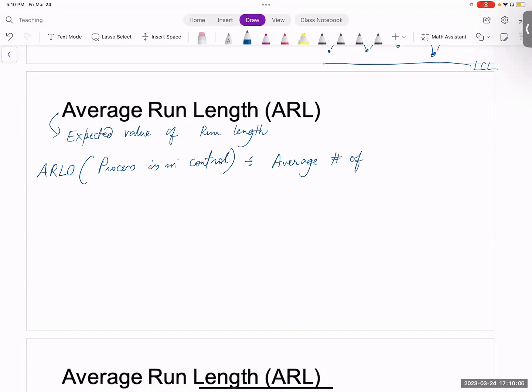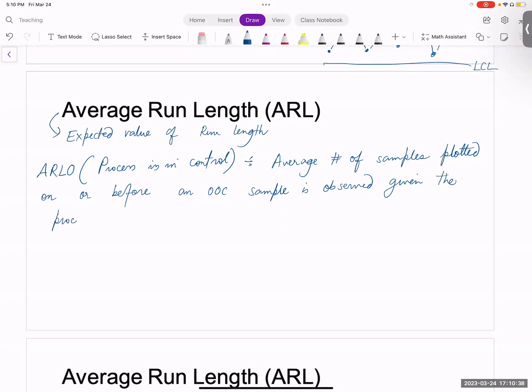ARL 0, by definition, is the average number of samples plotted on or before an OOC sample is observed, given the process is in control. Now, we talked about this a little bit earlier, that even if the process is in control,